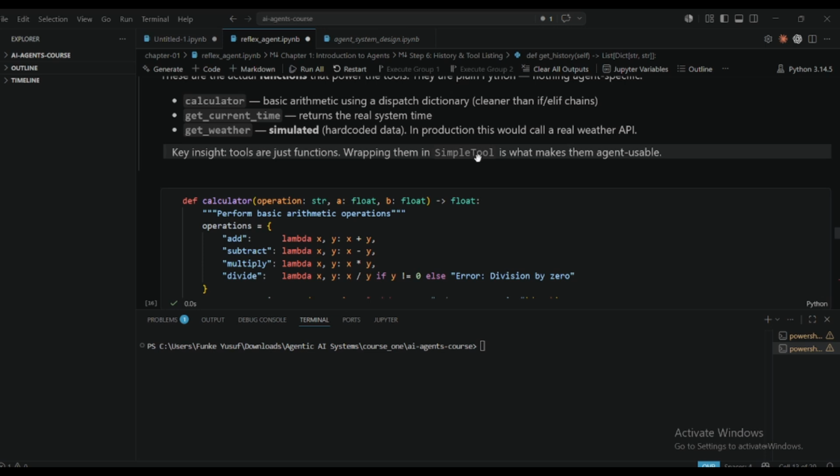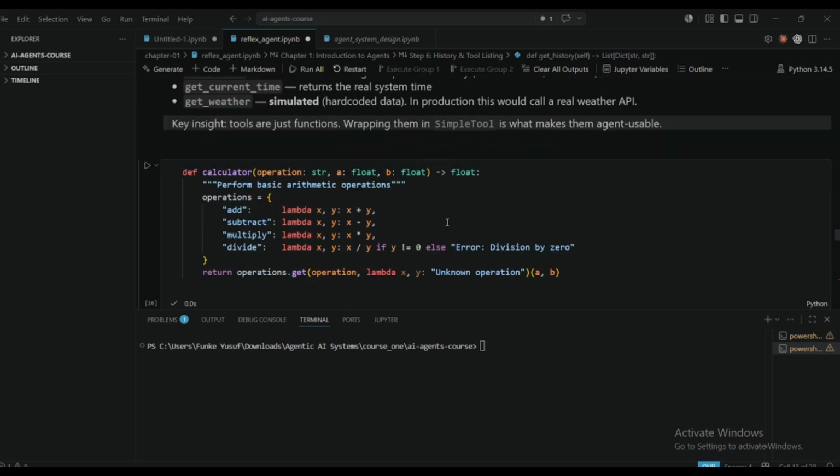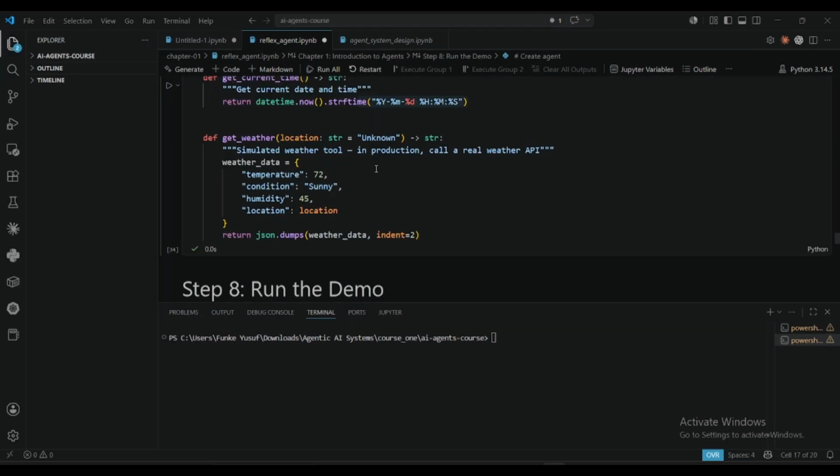in the second step of the lesson, which we call simple 2. We've initialized them in the simple 2 class. So the last function here is the function get weather. In this function, we are going to pass in location, which is a string, and it is mapped to string. The description of the function is